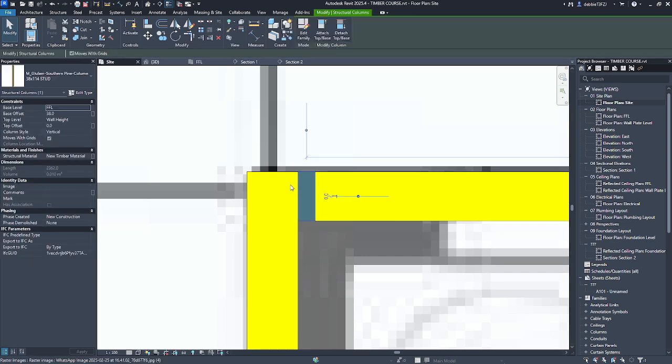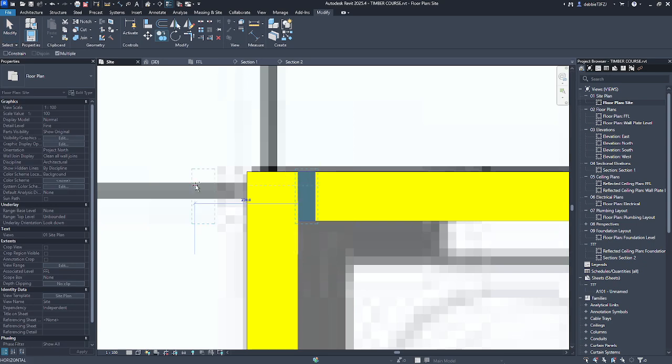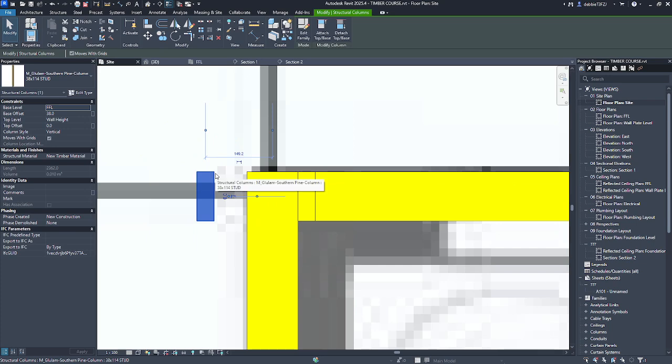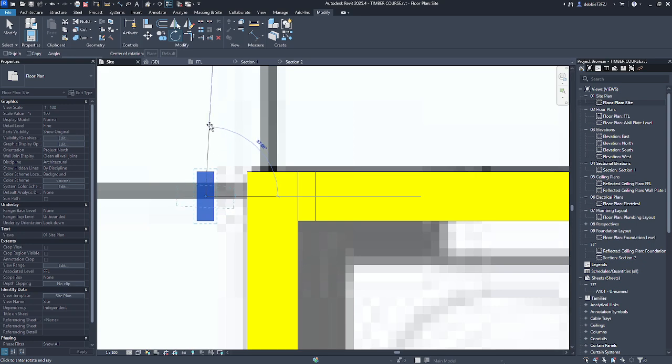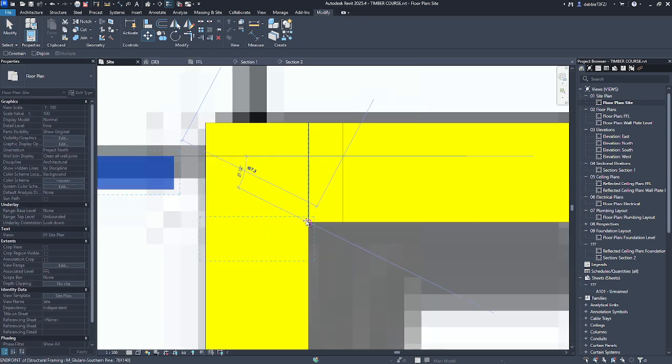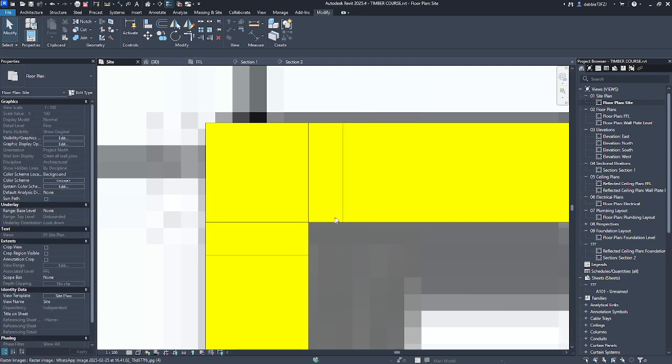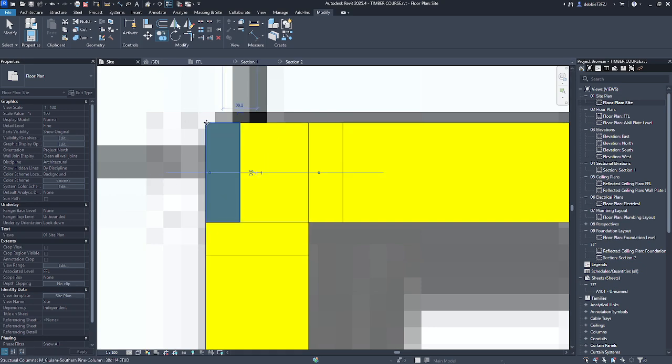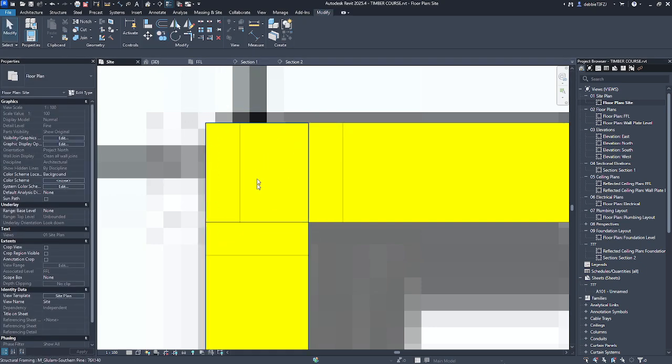So you can click on your stud, copy, CO, and we're gonna go on that one, RO, rotate, 90 degrees, MV for move. I'm gonna click that corner and put it this side to make sure it's nice and plumb. This one, I'm gonna copy it as well to here, so that the outside doesn't have, because there's gonna be a wall finish we'll be doing, so that everything is nice and plumb.